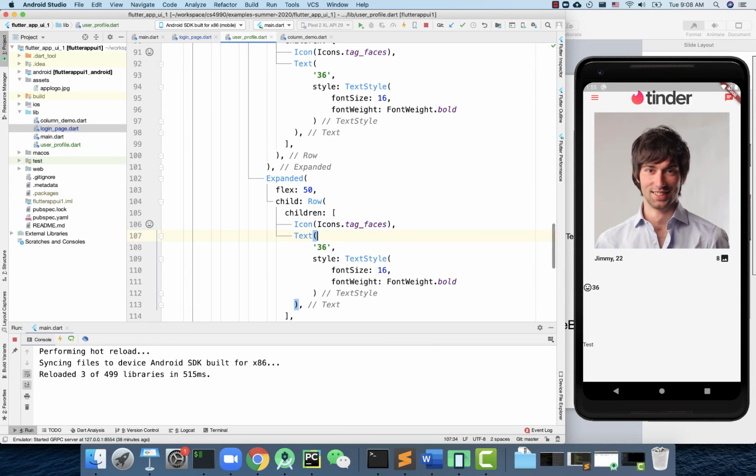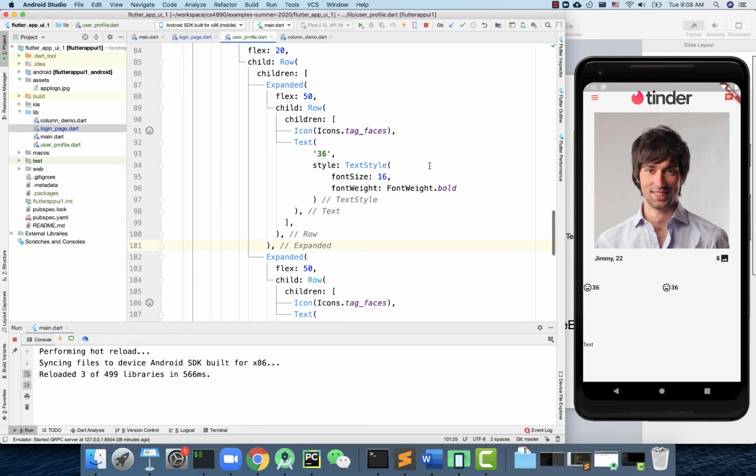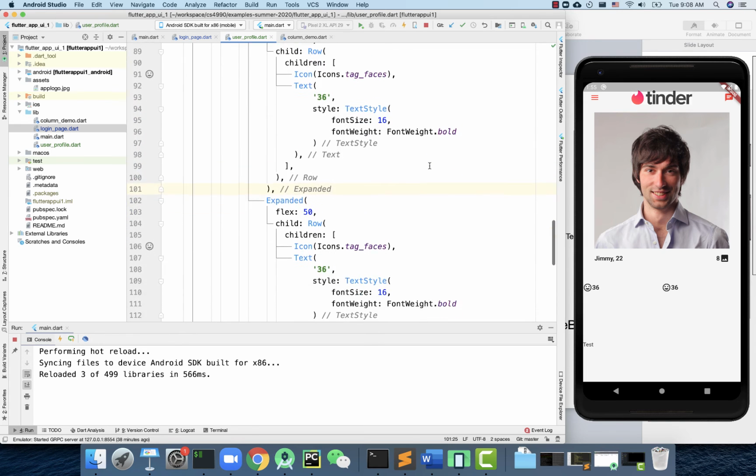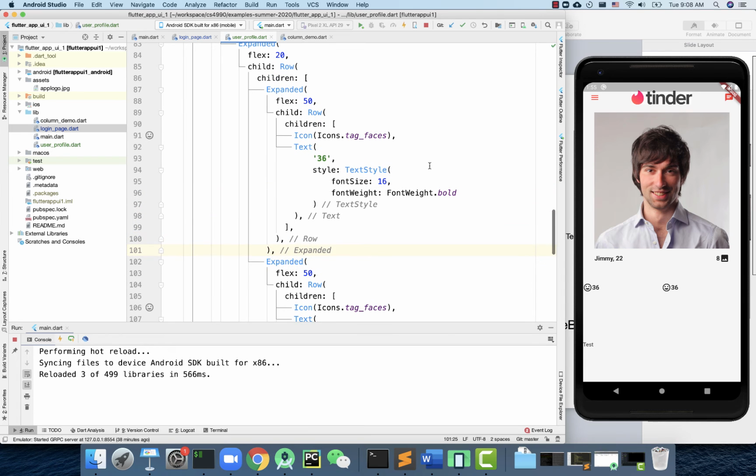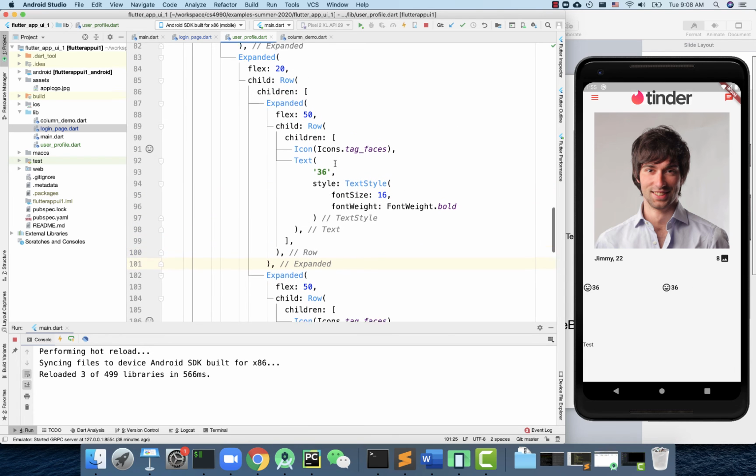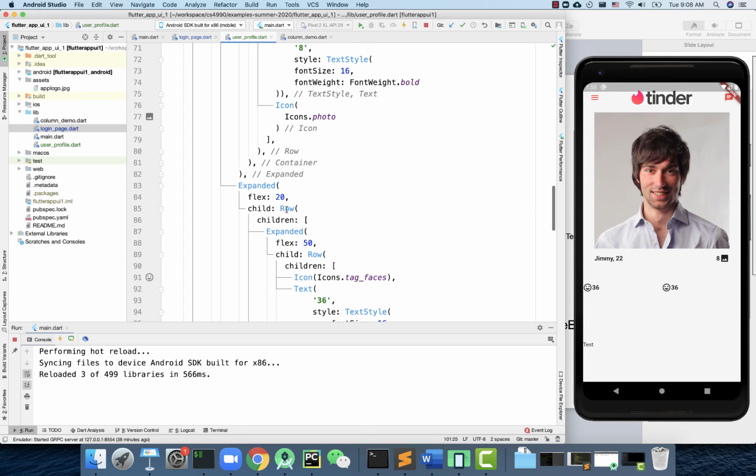All right, so let's just run it. As you can see, both take 50% of the screen, right? But inside they're too close to each other. So from there you can then specify some other things. Definitely you need some margin on the left and right so that we can apply the same thing, right? So for this whole row, let's actually just add a margin first, right? So we'll do the